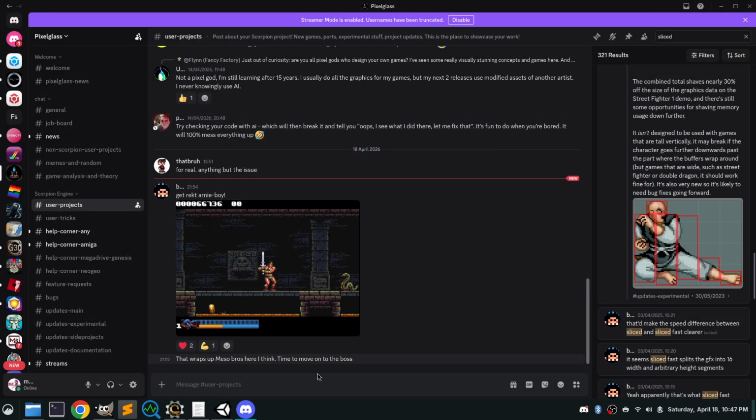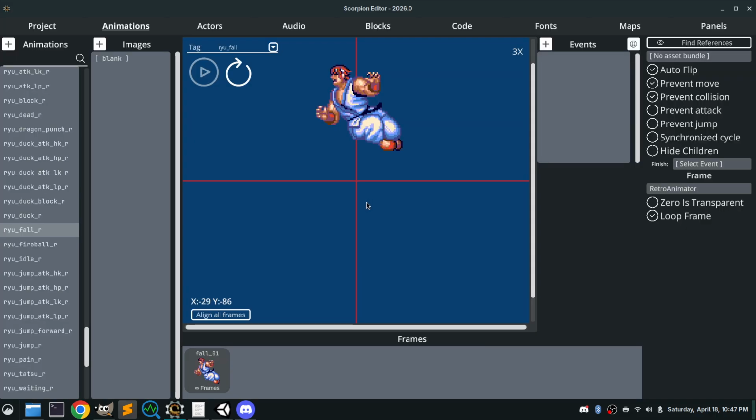But what I was planning to do for my Street Fighter game was to take Ryu as he is and just maybe put Ken's head on him for a two-player mode. Maybe change his shoes and gloves to yellow. I haven't actually decided yet. I might just do Ken in full. I'm still deciding. That's the last thing I need to do for my Street Fighter game. But basically, I wanted to switch Ryu to use Retro Animator,